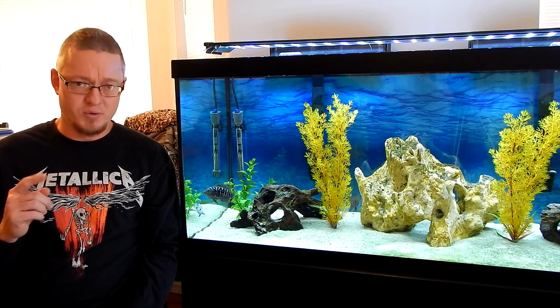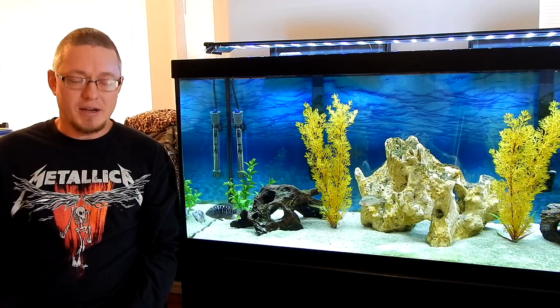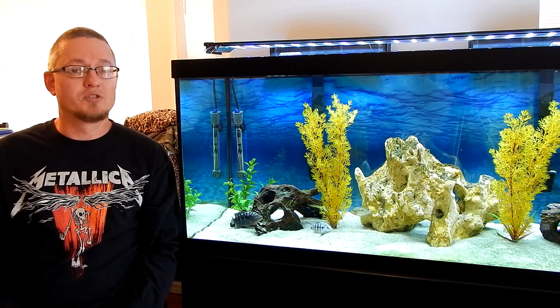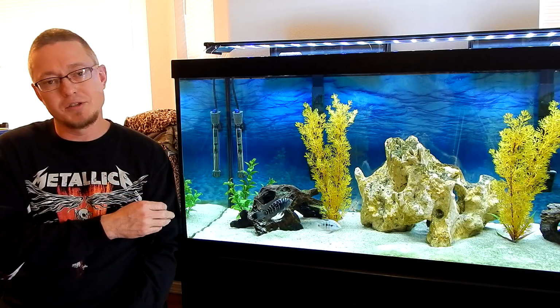That kind of was number 2 and 3 put together. Number 4, I'm probably going to get a lot of bad feedback. You can cycle a tank with a fish. Is it the best way to go? No. But you can. If you have a big 75-gallon tank like this, you can put 1 cichlid in here,